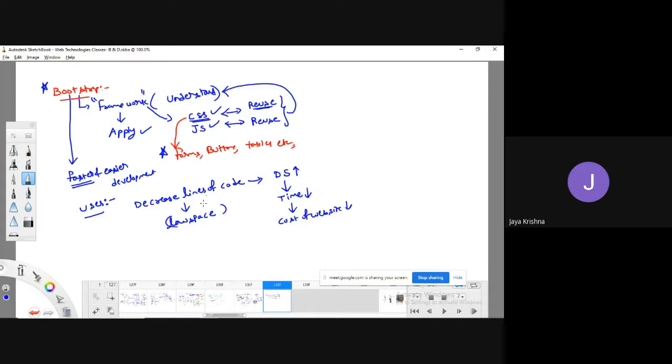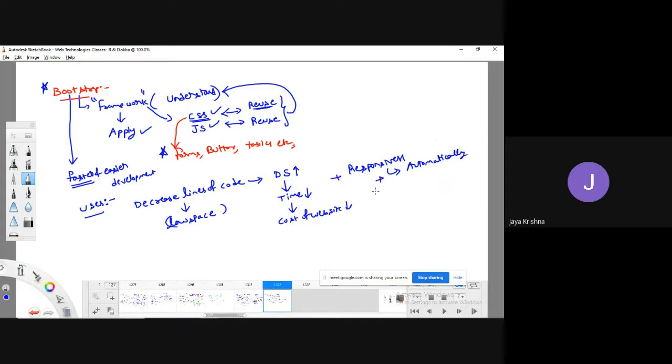Along with all these advantages, one of the most important things is that whatever website we develop with the help of Bootstrap, it is going to yield a responsive website. What do you mean by responsive? This is what we have seen already in CSS. Responsive means the website automatically adjusts based on the device. If you minimize the device, the website adjusts to the screen size. That is what we call responsive, automatically adjusting to the screen device.